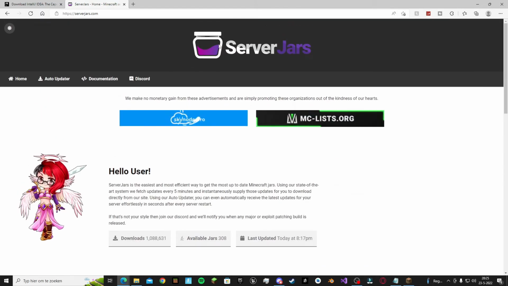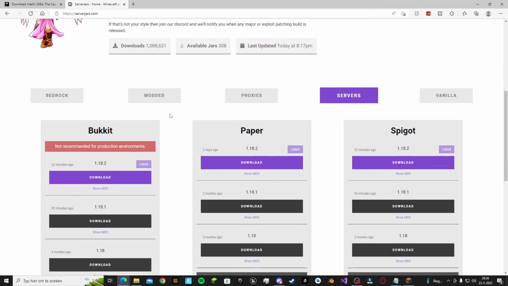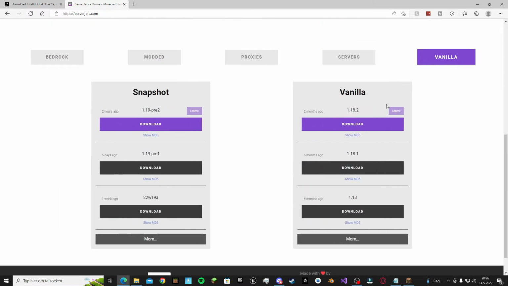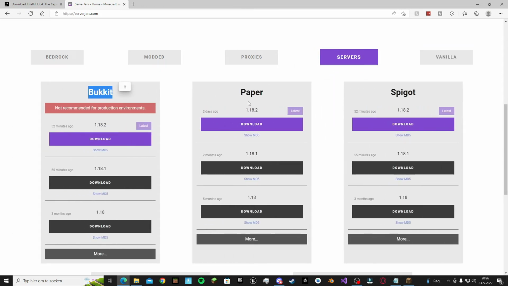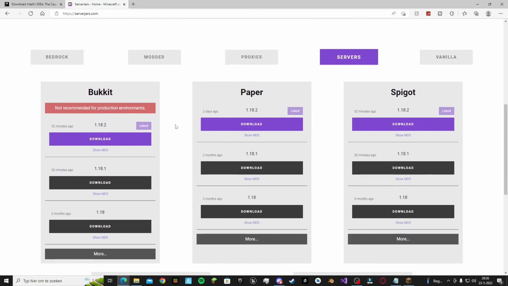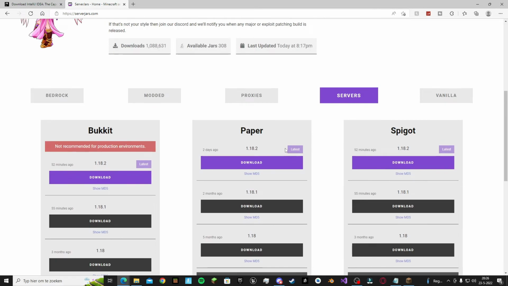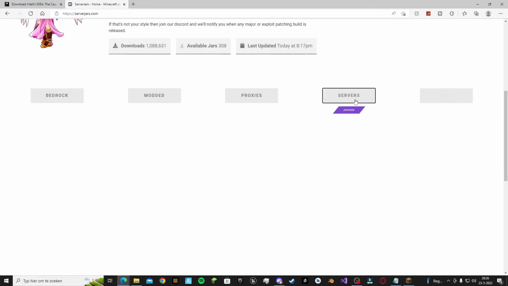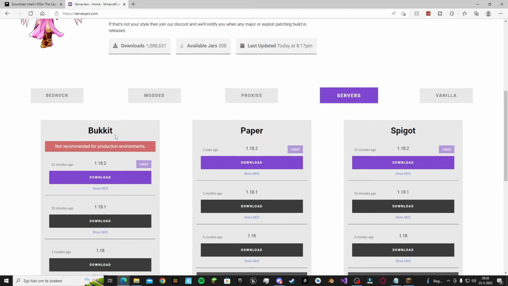So this is a good website to go to, serverjars.com. So over here, if you scroll down here and you go to servers, you can go to vanilla. You see the vanilla of Minecraft, the snapshots. You can see Bukkit, Paper, Spigot. So then you see Purpur and Unity. Now basically, you have the vanilla version of Minecraft. That's just normal Minecraft. Then you have Bukkit, which is